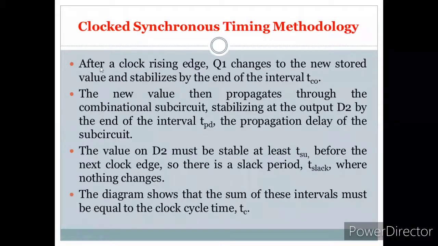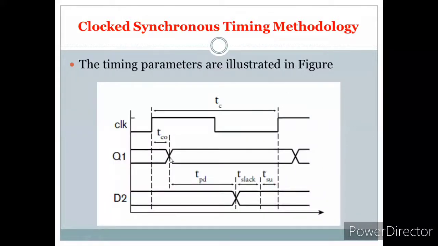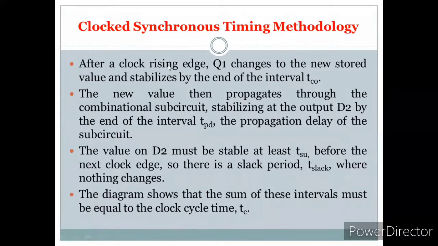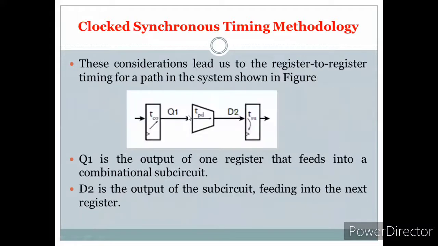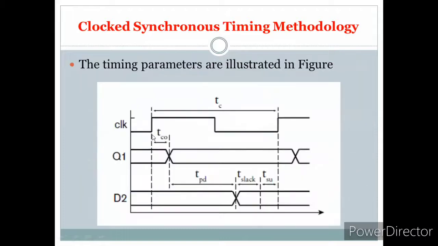After a clock rising edge, Q1 changes to the new stored value and stabilizes by the end of the interval TCO. In this particular figure, after a rising edge, Q1 changes after TCO.